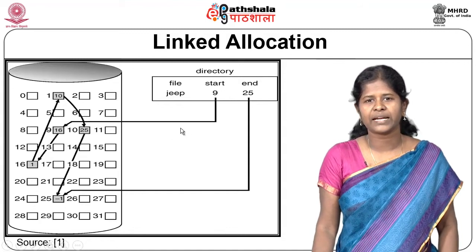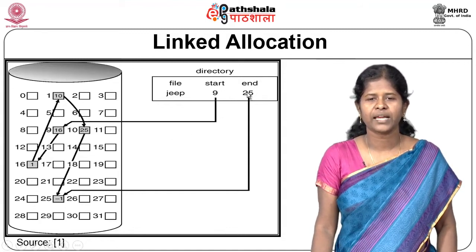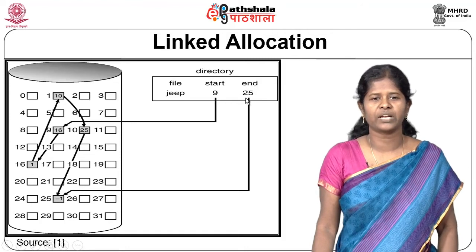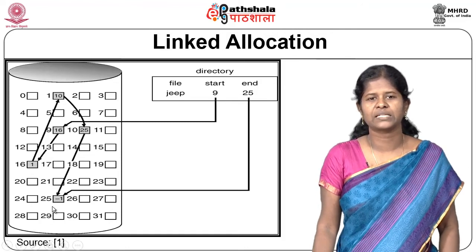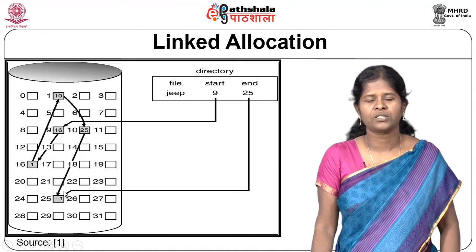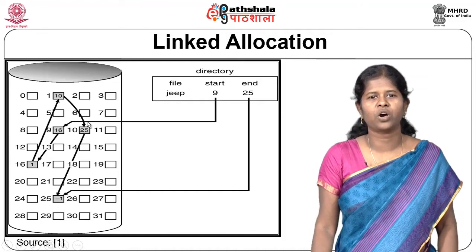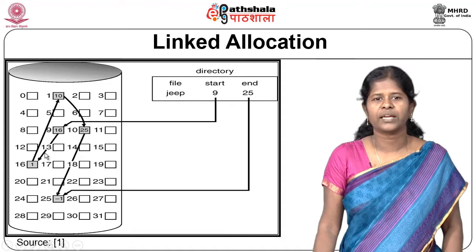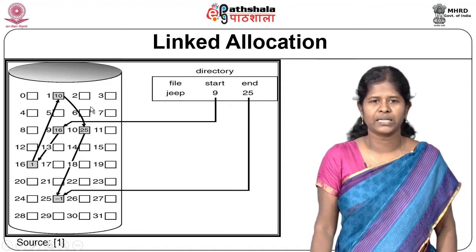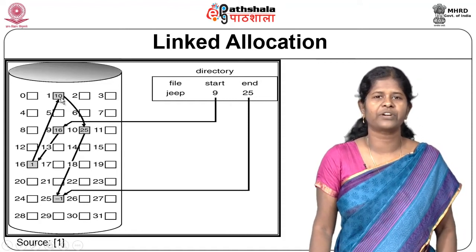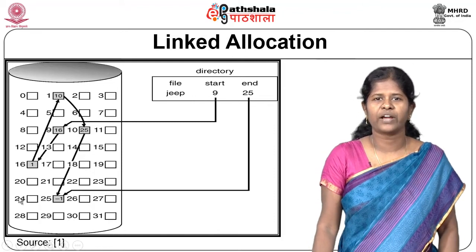And this directory entry also has information about the address of the last disk block where the file's contents are stored. So, here you can see that the disk blocks are not contiguous, they can occupy any place in the disk. Only thing is you have a pointer from one disk block to the other to find out where the